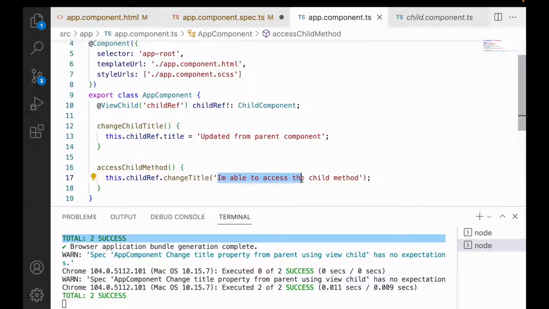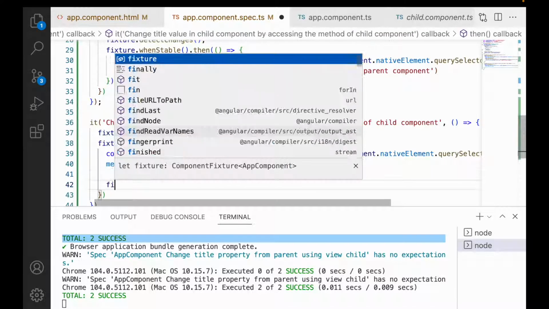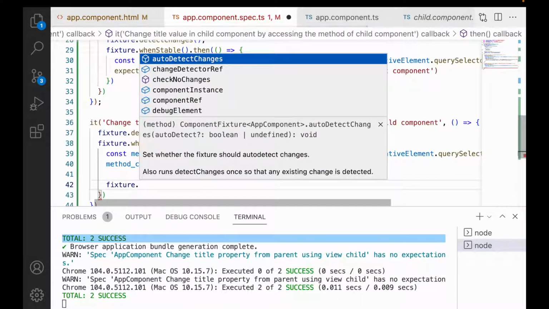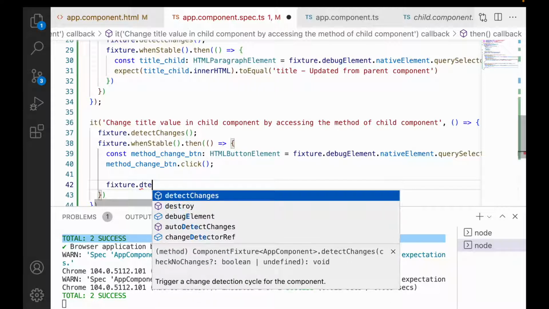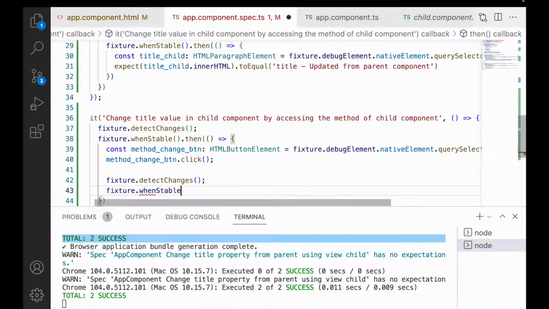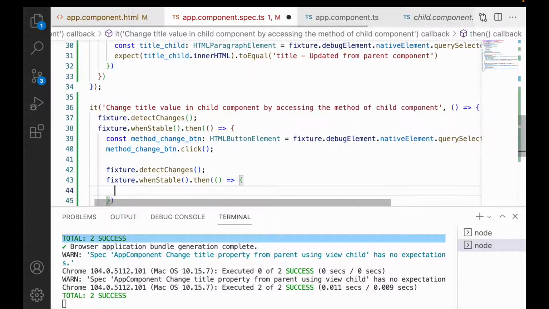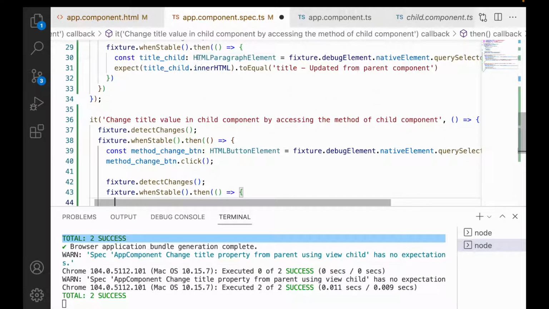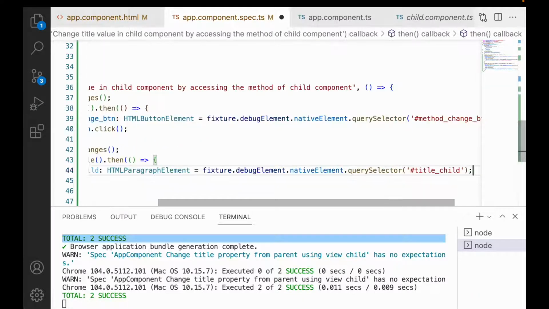will update your child.html. So let me go to the spec file, and now after clicking this, let me update the fixture because the ts values are changing and the binding is changing. So you have to detect the changes so that our changed values will be updating on the UI. So detect changes and fixture dot whenever it is stable, then you will be getting a callback function, and inside this callback function let me access the title child by using the same way, title child, and here this title